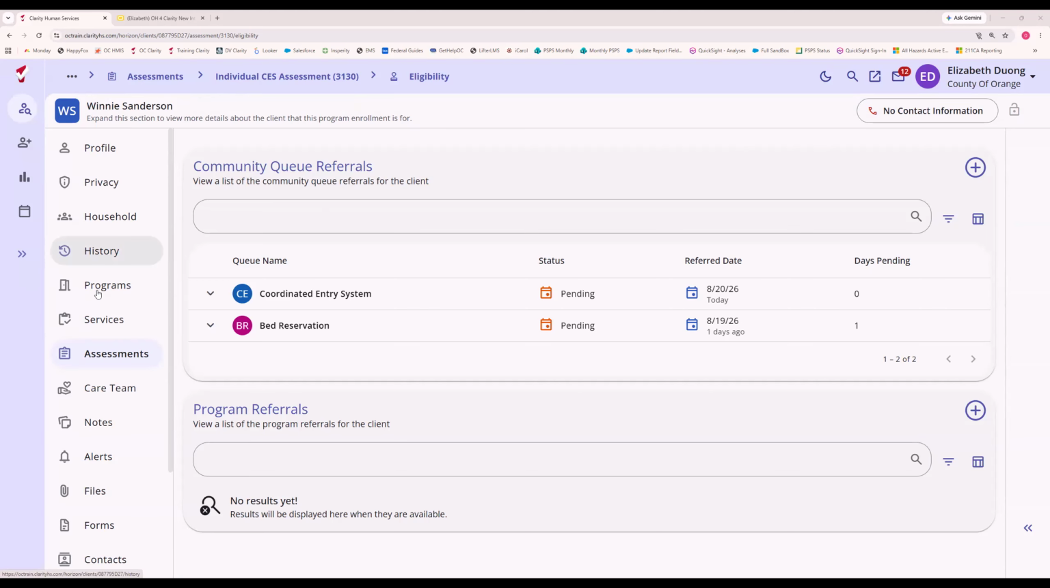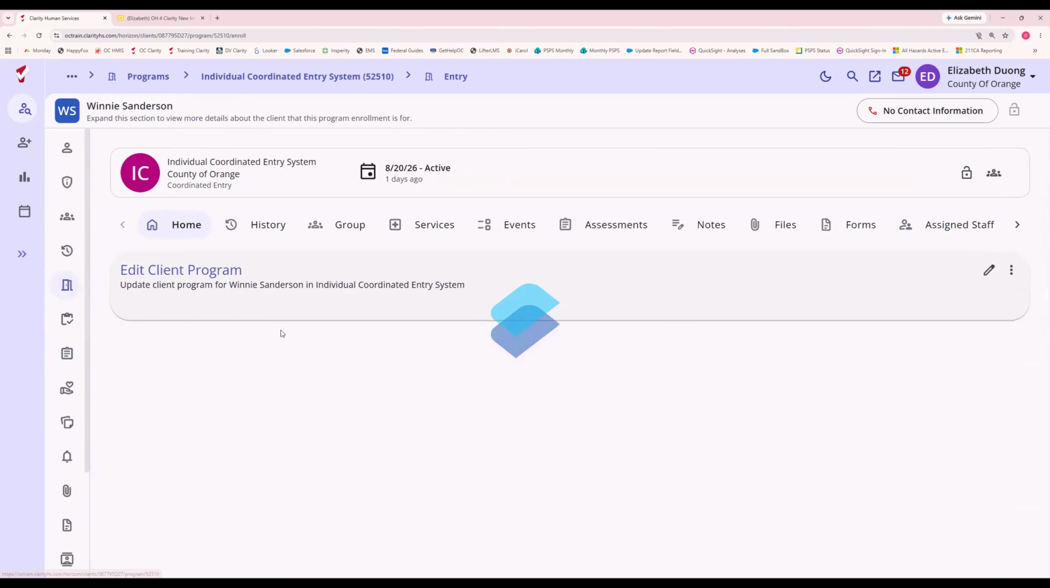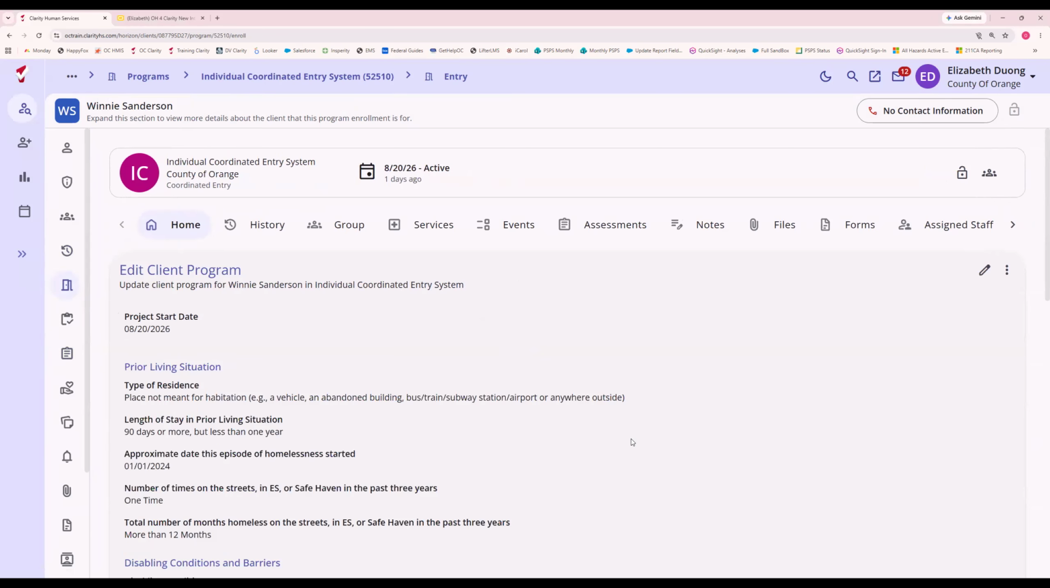So we're going to go back to the programs and go back to individual coordinated entry. As mentioned, the client is going to be on the queue. They're going to be pending and waiting for a match. As they're waiting for the match, please make sure that you're checking in with the client regularly, offering supportive services, and taking the action to keep them active on the community queue. So one of the